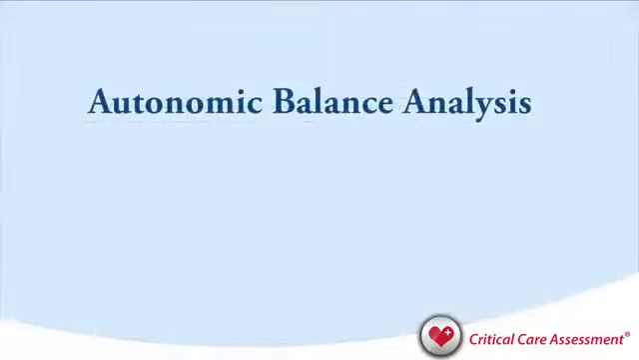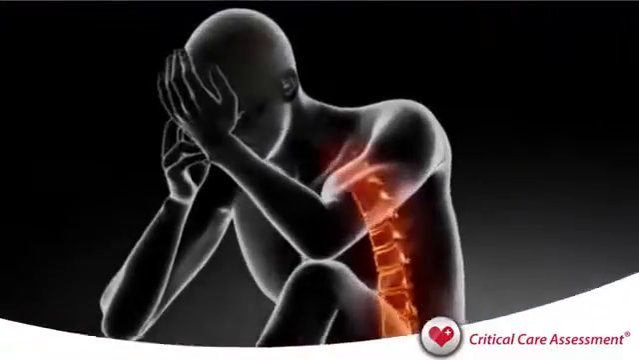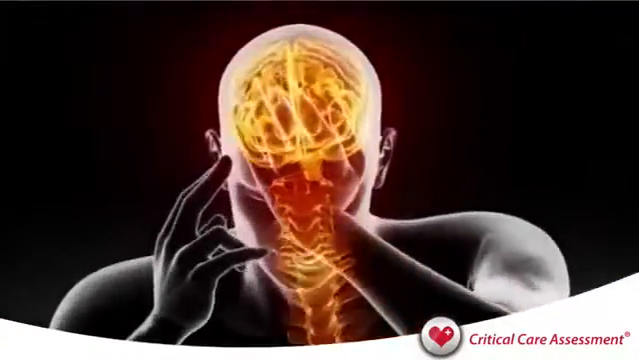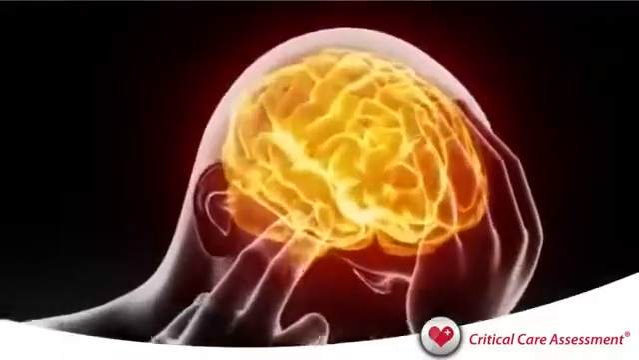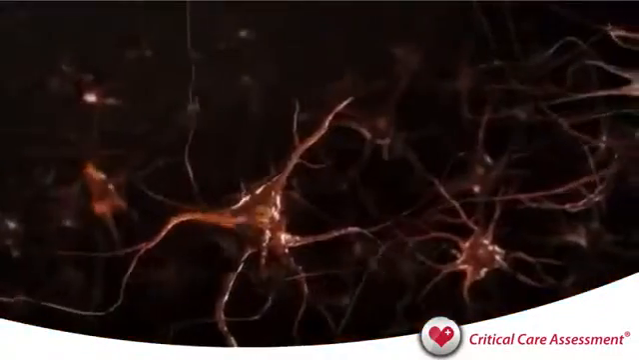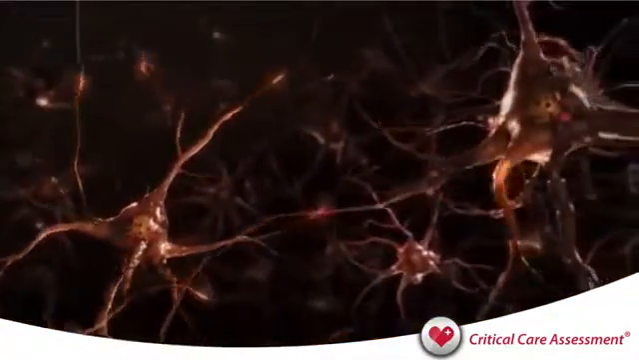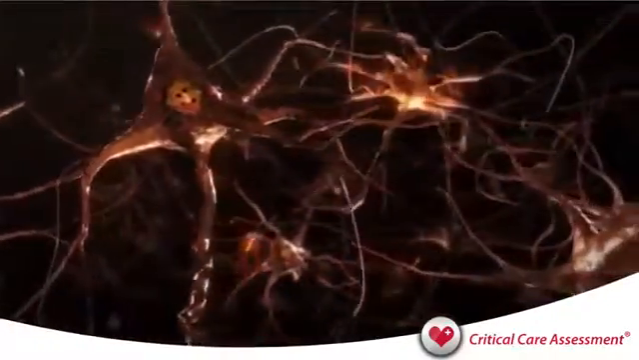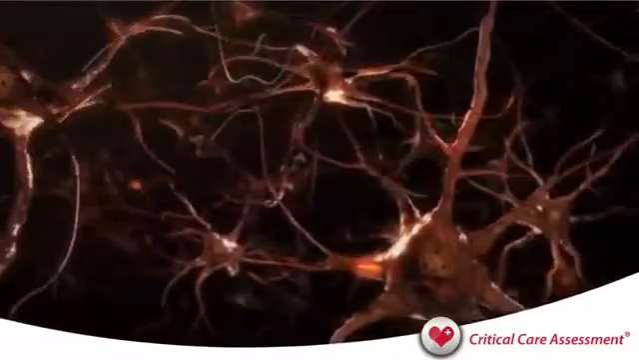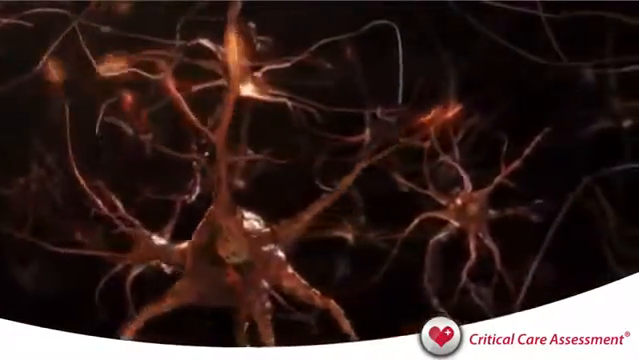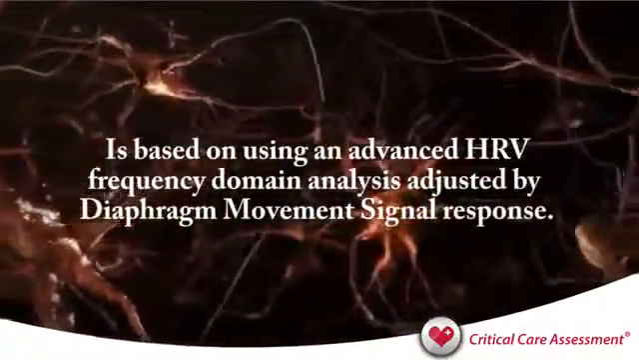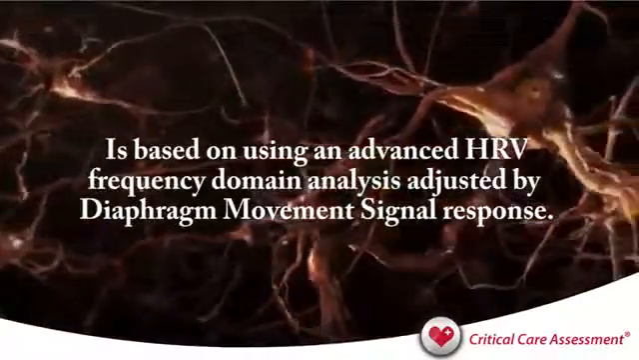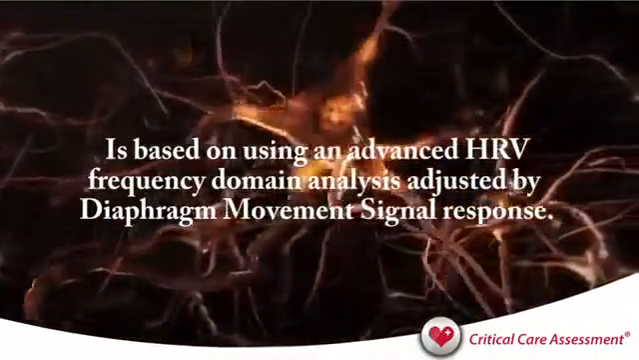The autonomic balance analysis is obtained using an ECG signal to determine RR intervals during the entire measurement. The autonomic balance analysis measures sympathetic and parasympathetic activity and the balance of the autonomic nervous system from the HRV frequency domain analysis. The autonomic balance analysis is based on using an advanced HRV frequency domain analysis adjusted by diaphragm